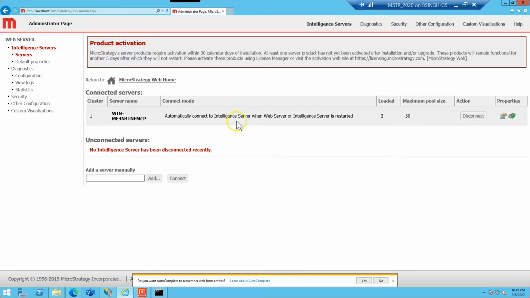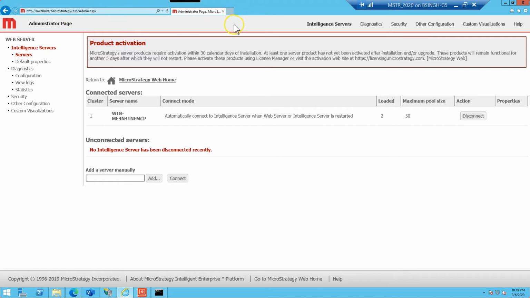After those checkboxes, you are going to set up your 4-tier architecture environment into your production environment. So this is how you can configure your 4-tier. And right now your web server is communicating with your intelligence server, and you can execute reports. You can create the dossier, and you will get the data from your data warehouse on your web page only. You just have to share the web page with your users so that they can get the data from the data warehouse without touching any MSTR tool. So thank you guys. This is the whole process.